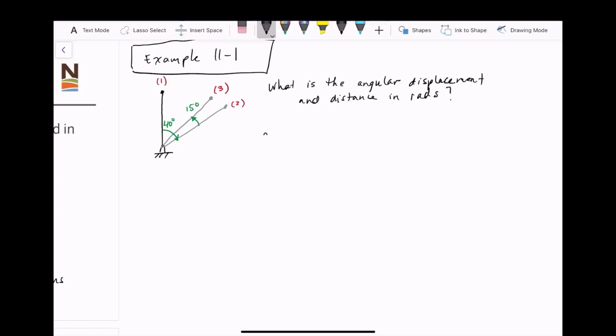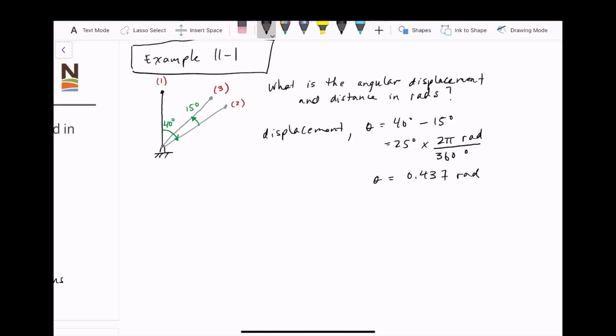So our total displacement, call this theta, would be equal to 40 degrees minus 15 degrees, which is equal to 25 degrees. We need to convert this into radians, so we're going to multiply this. If we have degrees on top, we need degrees on bottom, so 360 degrees for every 2 pi rads. And so theta is equal to